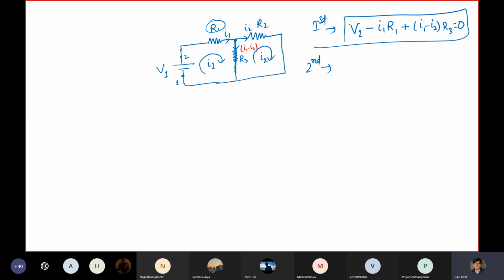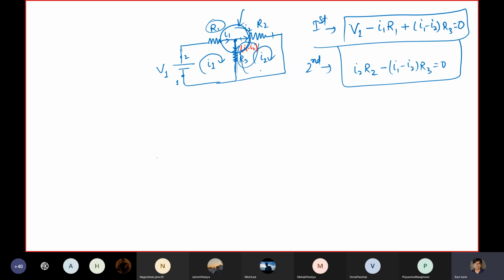If you want to write the second circuit equation, whatever the voltage loss here, let me go through it. So this is the voltage loss I2 R2. And you are going from down to bottom here, but your current is flowing here, so you should write minus of I1 minus I2 R3 is equal to 0. This is how you should write things in complicated circuits. Only two things you have to remember: you have to apply Kirchhoff's current law and Kirchhoff's voltage law.